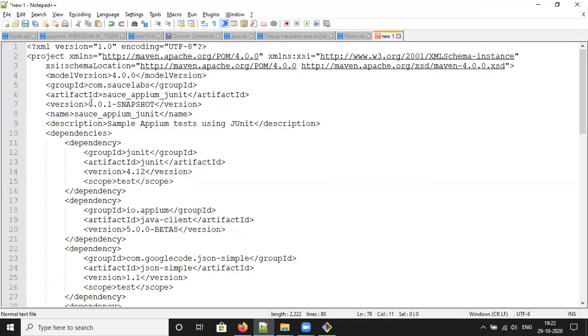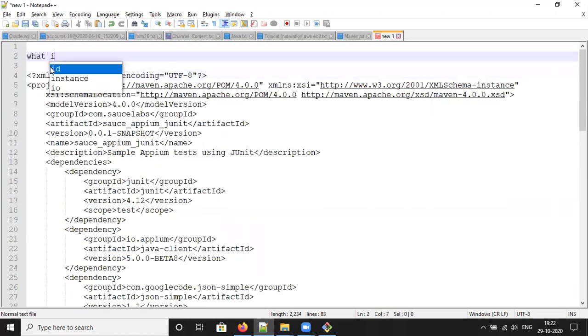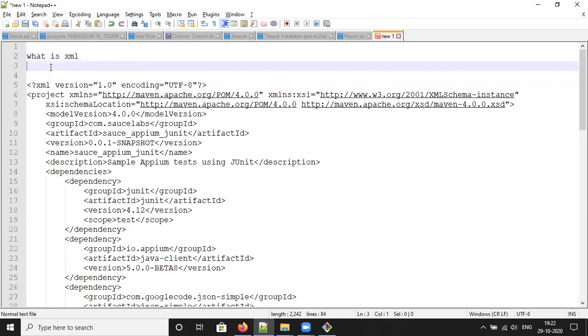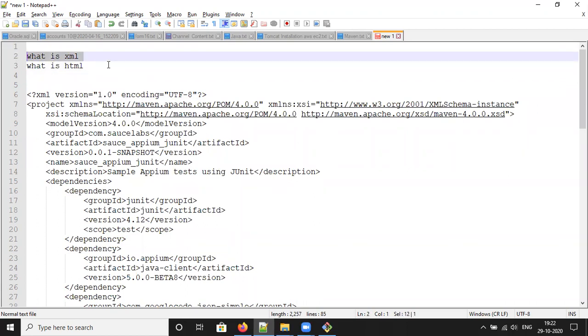See, in the pom.xml file, before that we need to discuss what is XML and what is HTML. XML has our own tags. Instead of using predefined tags, we can use our own tags.